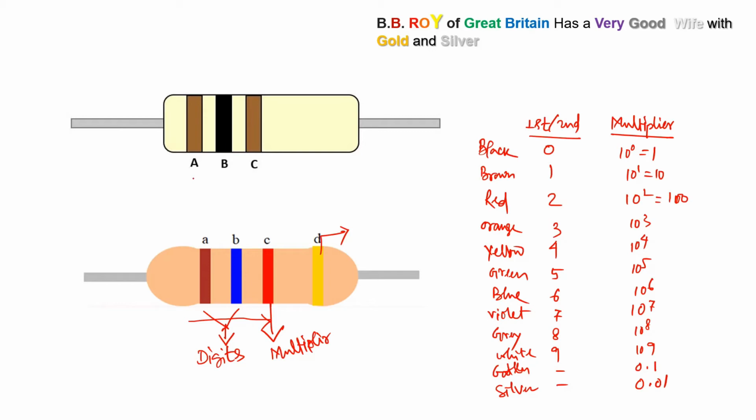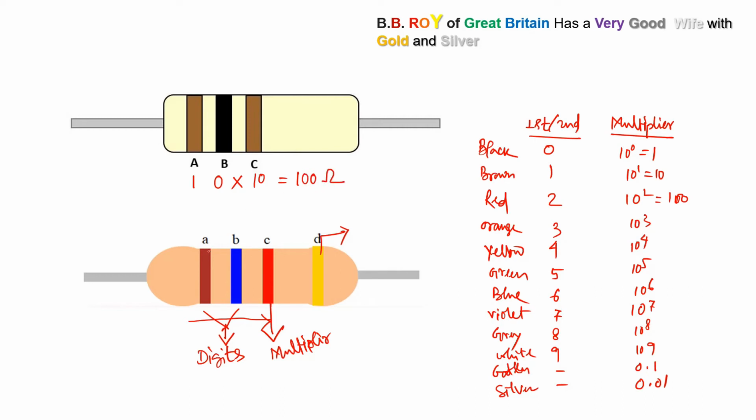So now we'll take this example. The brown is the first color, so we'll find the digit value for brown. It's 1. When black is kept in the second position, the value is 0. So we have got the first 2 digits. Now we'll multiply with the multiplication factor. For brown the multiplication factor is 10. So finally we are getting a 100 ohm resistor.